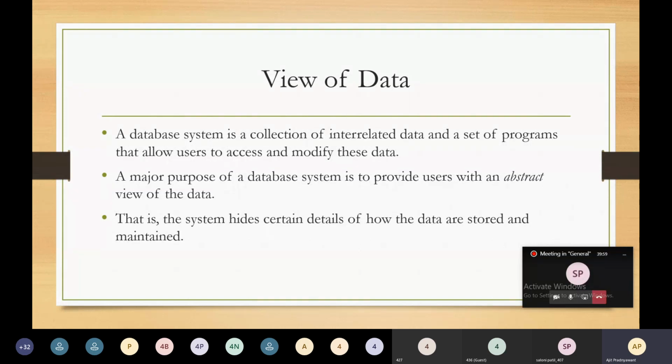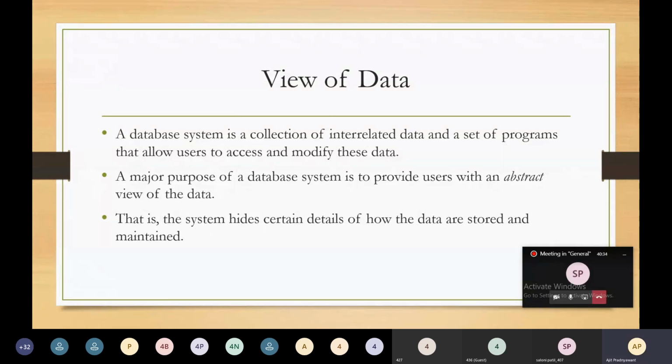This is called abstraction. Another example: suppose we are sending an SMS to a recipient. We write the SMS and send it by clicking on the send button. Once we click send, the SMS is sent to the recipient. As a user, we don't know how exactly that SMS is delivered to the recipient. This is called abstraction.